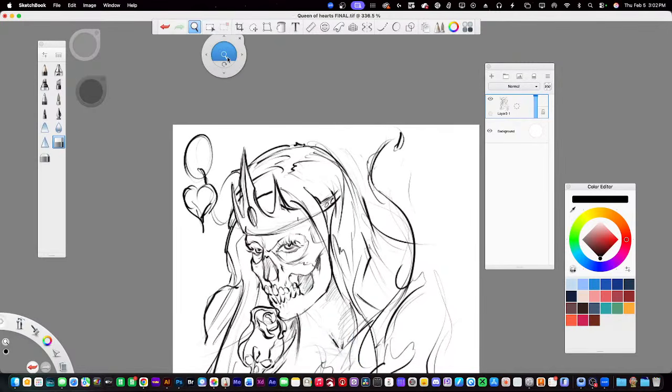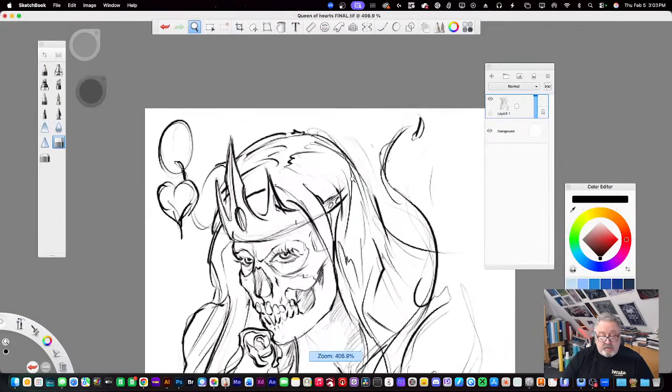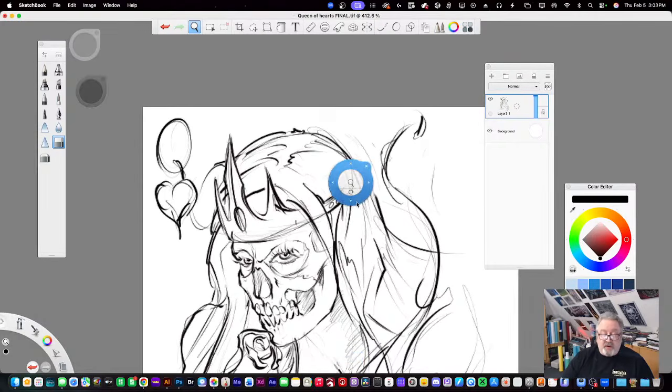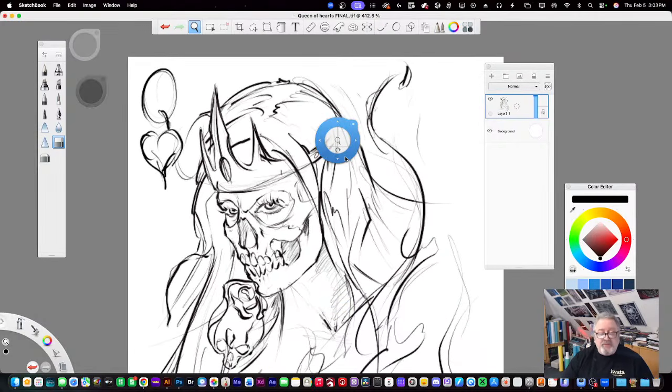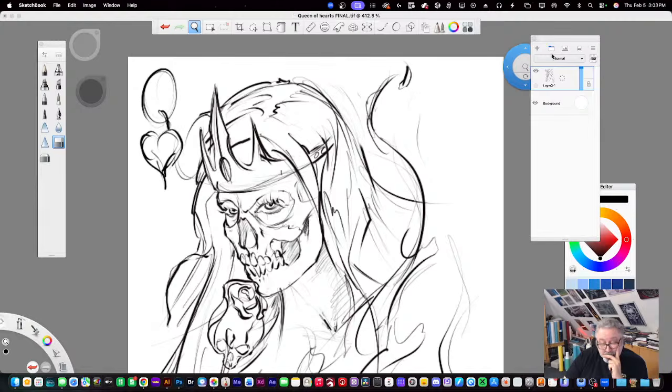Most of my drawings I do on my iPad. But sometimes when I don't have my iPad handy and I'm in the studio, I use this. It's a much bigger screen. I wish they made Procreate for a Mac directly, but they don't. A lot of you guys are PC guys, and Procreate doesn't work on PC. So Sketchbook Pro is amazing. It's a great software. It's very inexpensive, and it's pretty powerful. It works really good. So what you have here, I'll just show you a simple way.